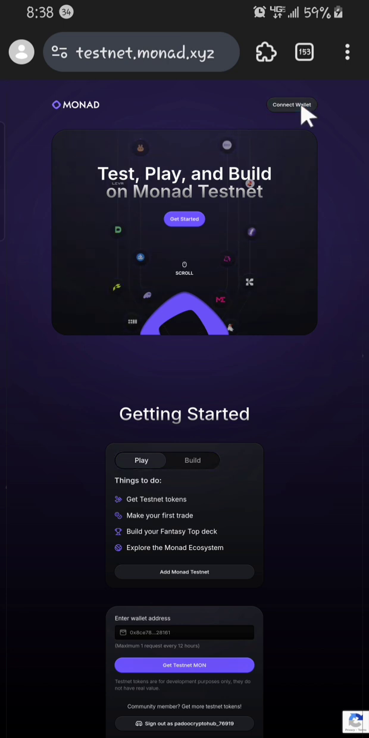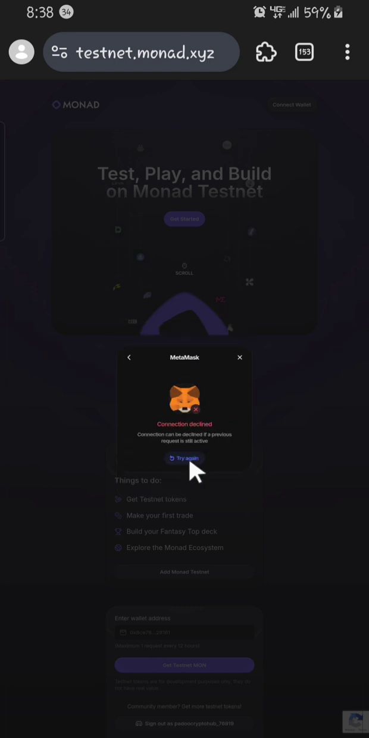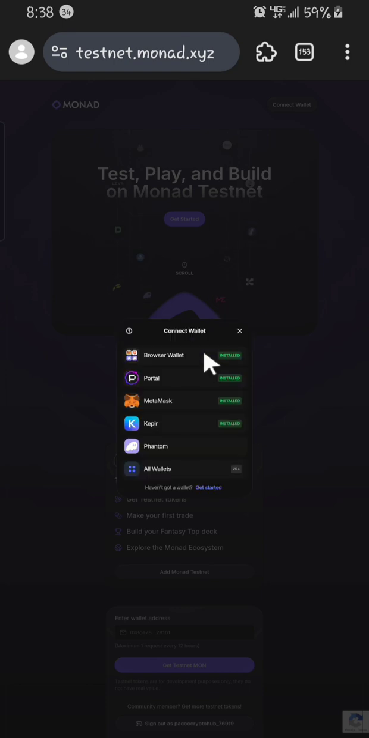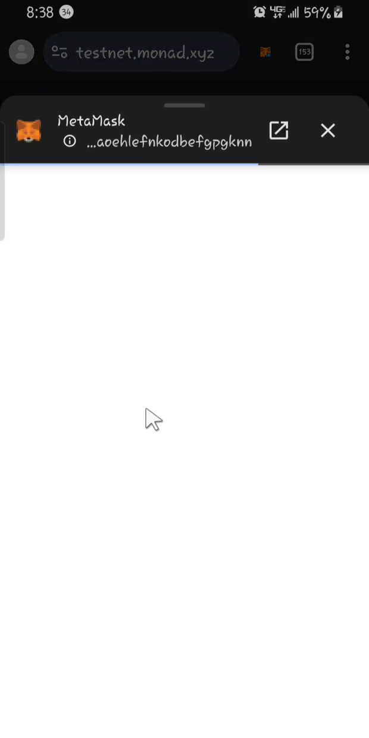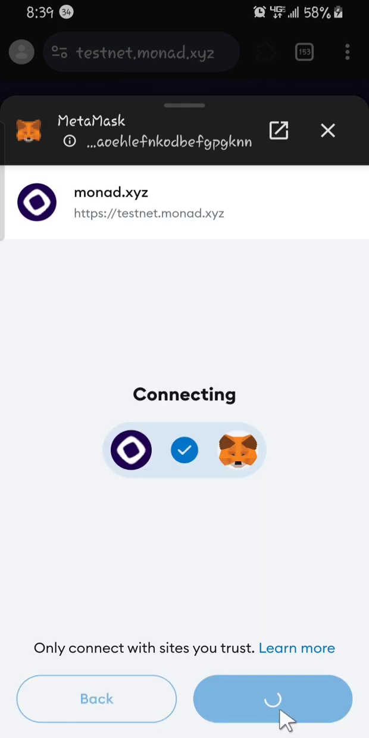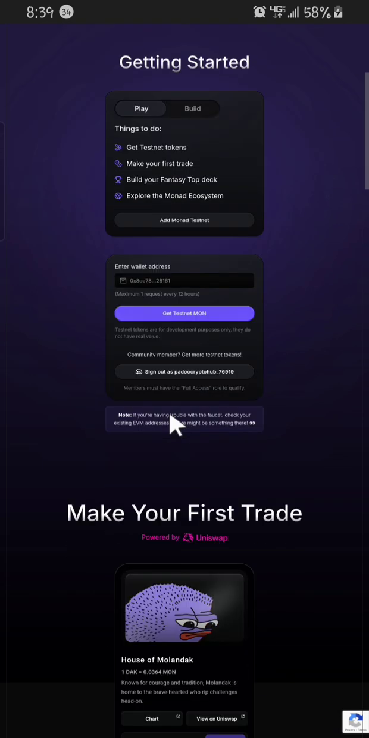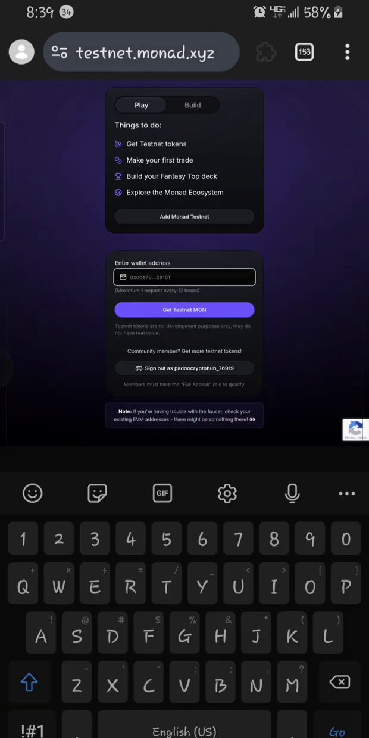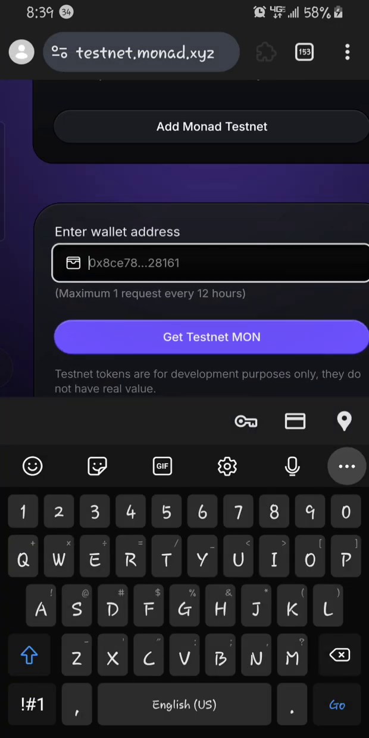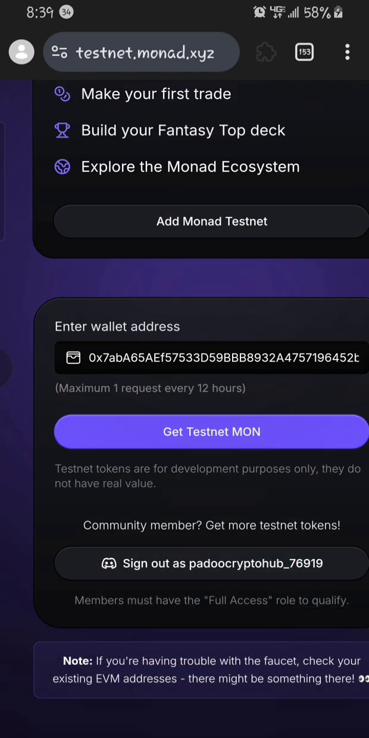Connect our wallet to the MetaMask wallet. So click on browser wallet instead of MetaMask. So I found out the problem. And then you connect it. You can see that it's connected. Then we'll paste the wallet address here. So I'm going to do that right now. After doing that, you click on